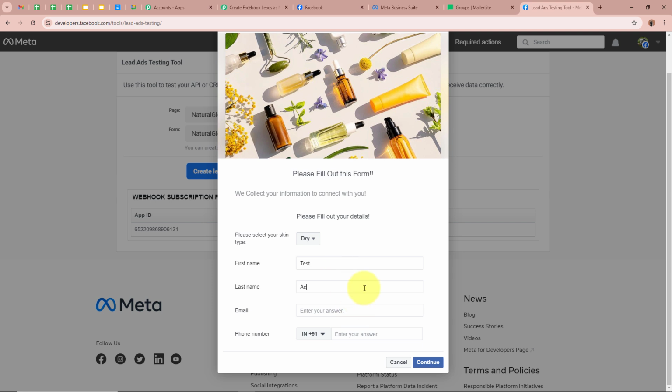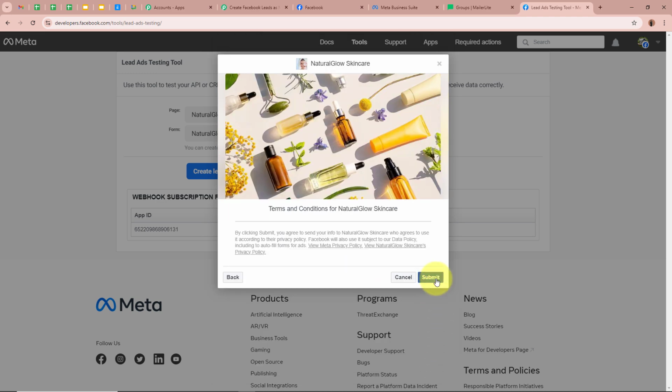For the last name over here, I'm going to write it as account 6. For the email over here, I'm going to write it as testaccount6@pabblytunes.com, and for the phone number, I'm going to write in a dummy mobile number. Okay. After filling in all the required details, I'm going to click on continue and then submit